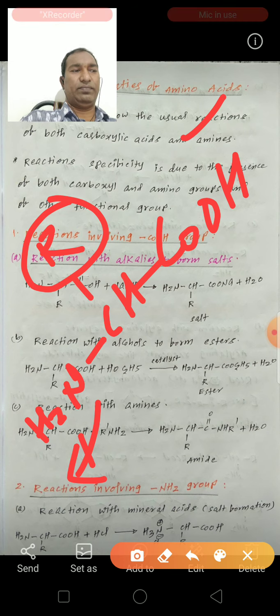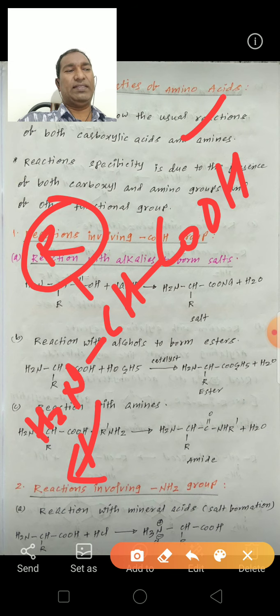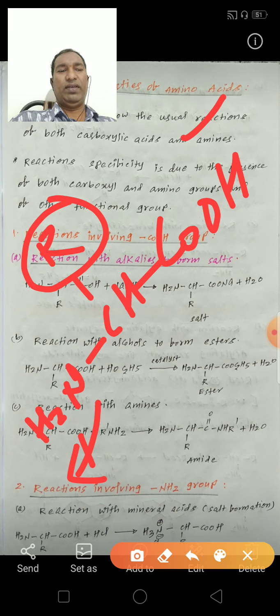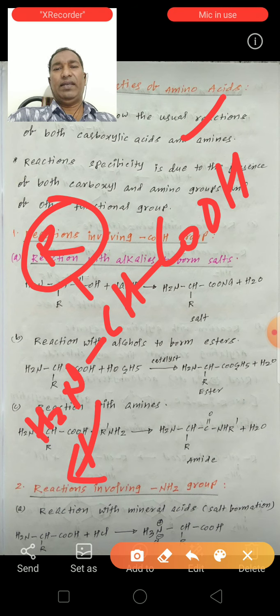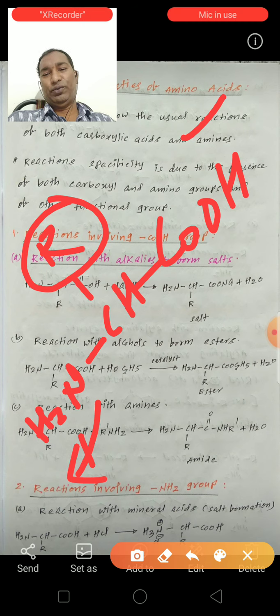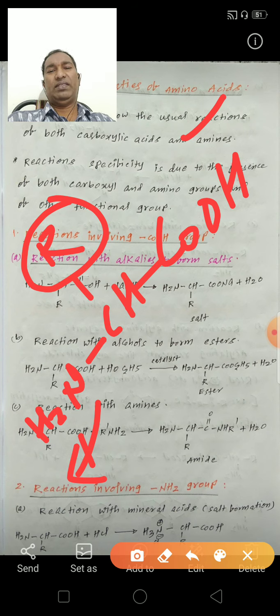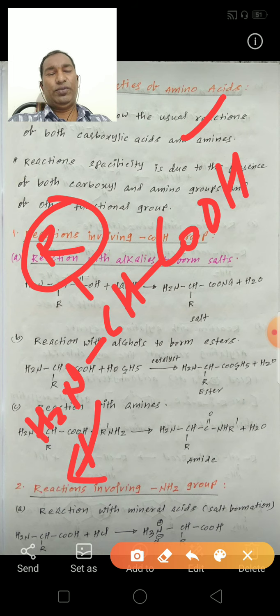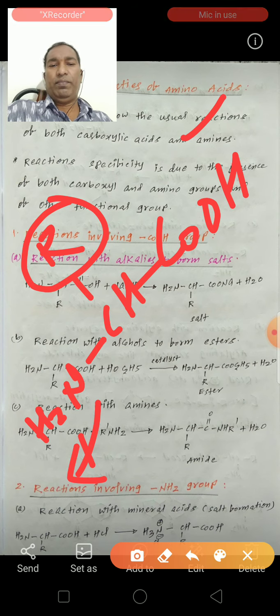As well as some biochemical reactions involving amino acids, and reactions involving the alkyl group on the side chain. So these are the chemical properties. These amino acids show NH2 group chemical properties, COOH involving chemical properties, both NH2 and COOH group involving chemical or some biochemical properties, and the side chain involving chemical properties.